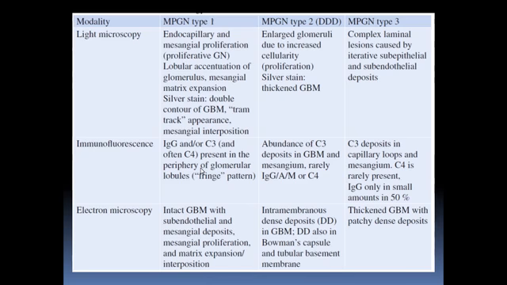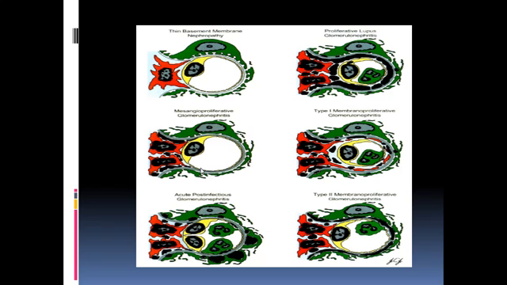And this table again emphasizes MPGN type 1, type 2 and type 3, and how the light microscopy, the IMF and the EM show them. I'll not emphasize more because you have gone through them in your pathology lectures. This is the diagram, or the cartoon, which represents your mesangial proliferative glomerulonephritis. These were the acute post-infective glomerulonephritis in which you had subepithelial humps. These are type 2 in which you get the deposits within the GBM. This is type 1 in which you have mesangial proliferation which starts invaginating.